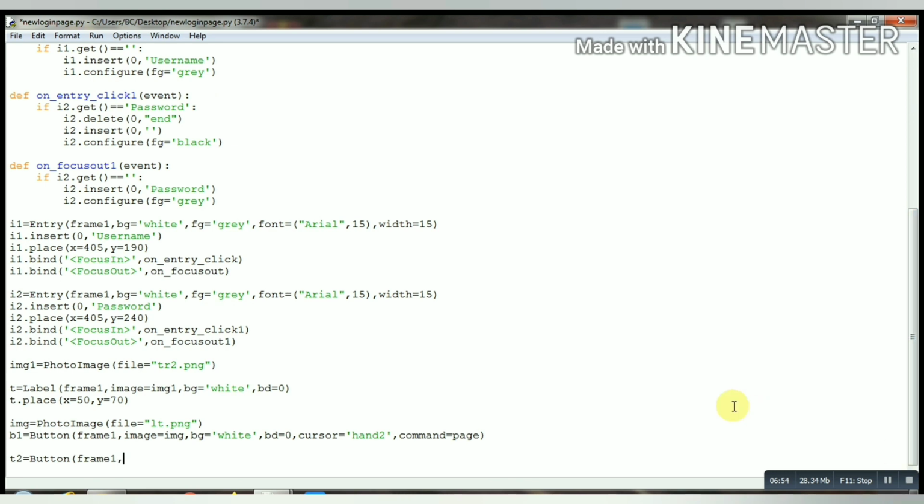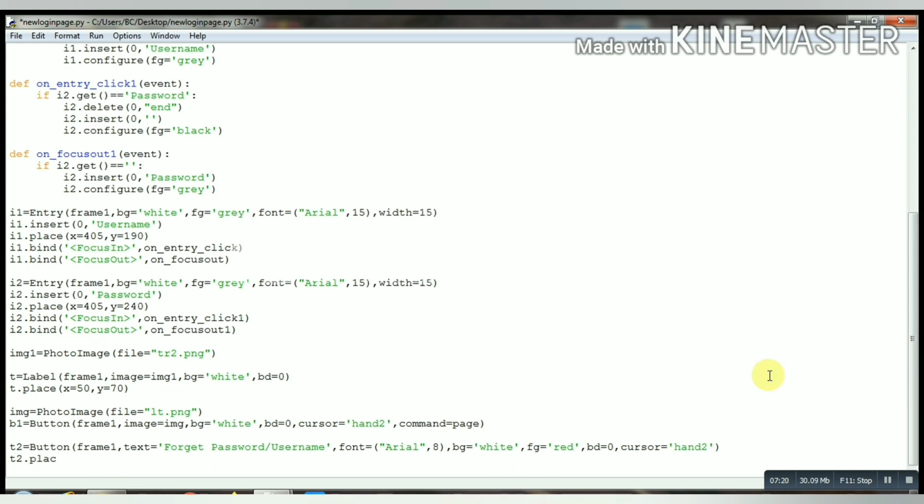And the second button, t2, text give it as forget password or username. This is just for fun. Font we will give it as Arial 8, background white and foreground red, border 0, and cursor hand2. Now place it at x equals 420 and y equals 350.